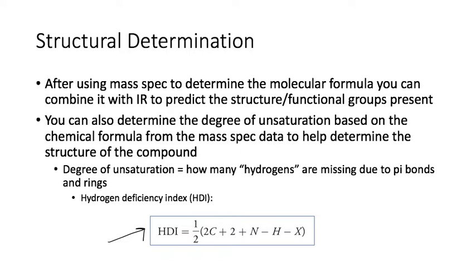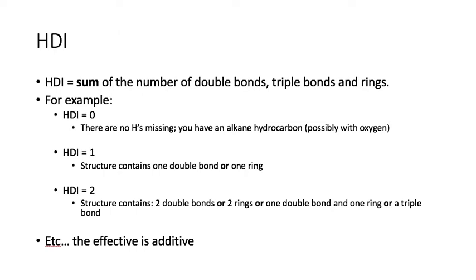So you take into account the carbon atoms, the nitrogen atoms, the hydrogen atoms, and the halogens. X stands for any of the halogens, so that means your bromines, chlorines, fluorines, those types of things. Notice I didn't include oxygens. Oxygens are not included in this formula because oxygens usually follow the same bonding arrangement as carbons, so they don't take the place of anything else. After you calculate this, you should get a whole number, and that HDI is representing the sum of the number of double bonds, triple bonds, and rings